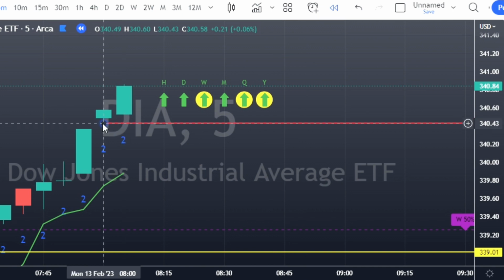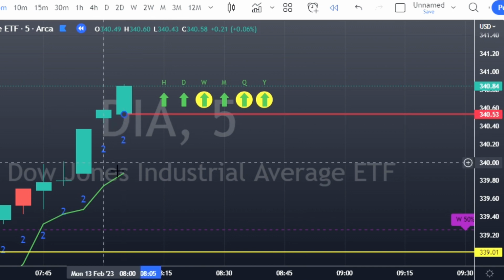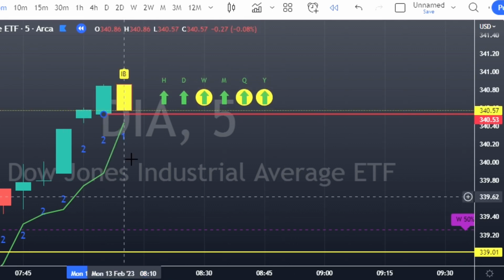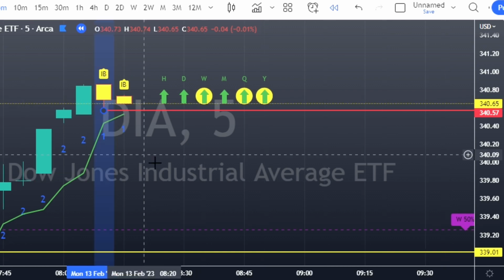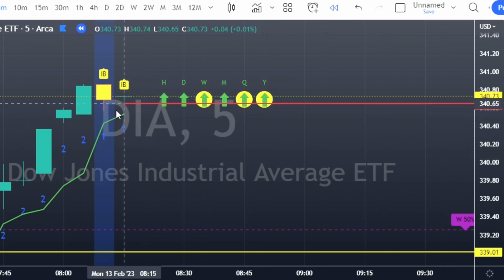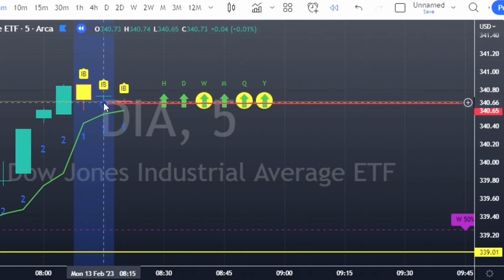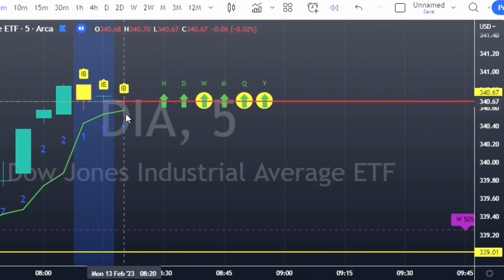Okay, we're 35 minutes in at this point. Where's the next one? We go inside bar. Where's the next one? Inside bar. So now we're getting into a little bit of a tightening range here. Another inside bar. And then we trend up again. Okay? So again,